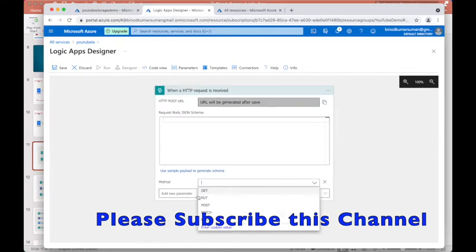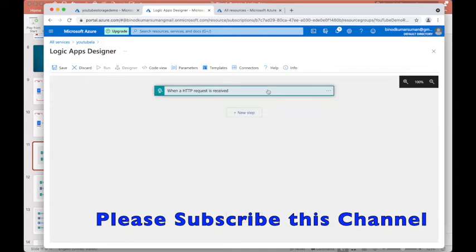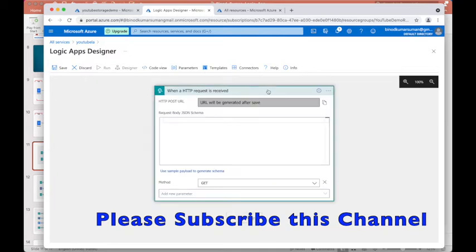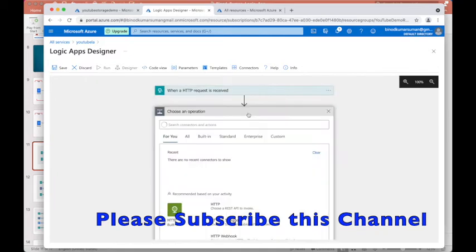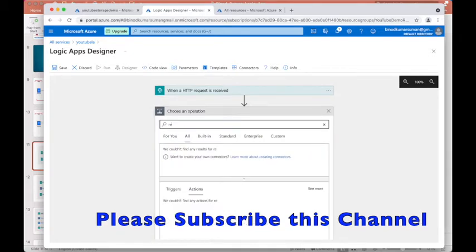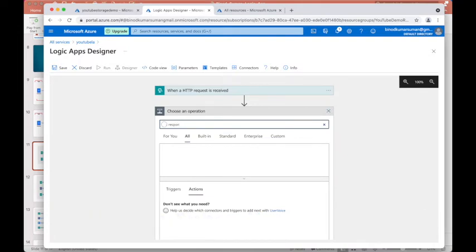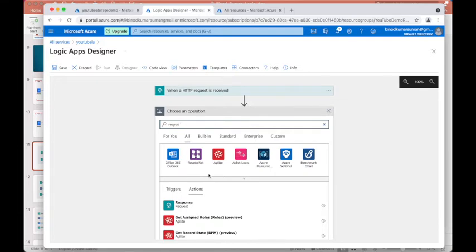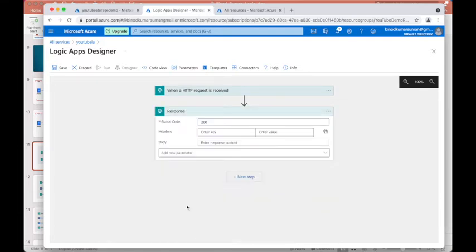Now this method is coming here, and first I will check the GET method, just to introduce you, but most of our examples are based upon POST, so let me explain this one. This part is done. You can minimize it by clicking here. And now the next step: once you get the message, what do you want to do? I just want a response, nothing more, just get a message and a response back. If you see here, we have the response, click here, and I can get a very simple message,